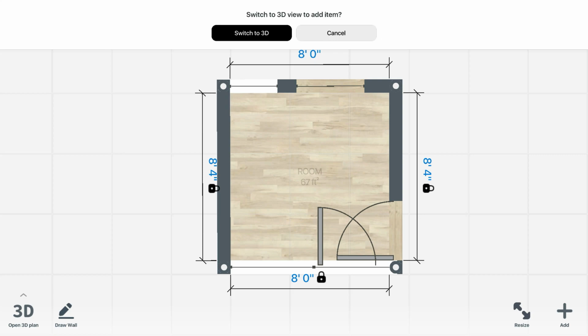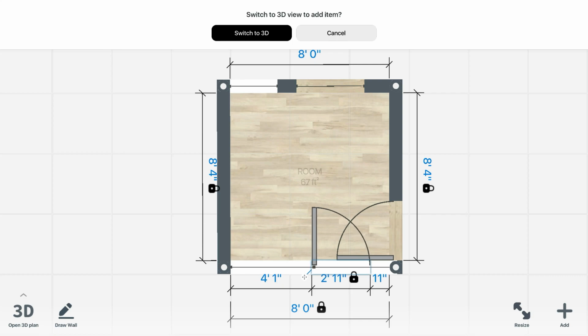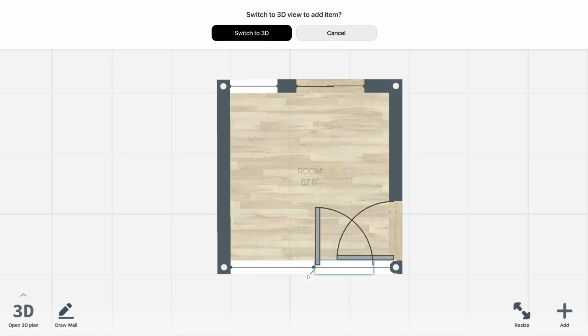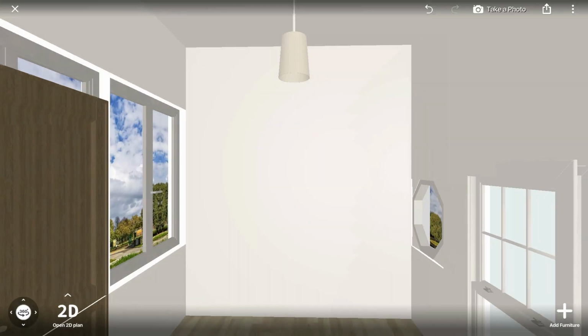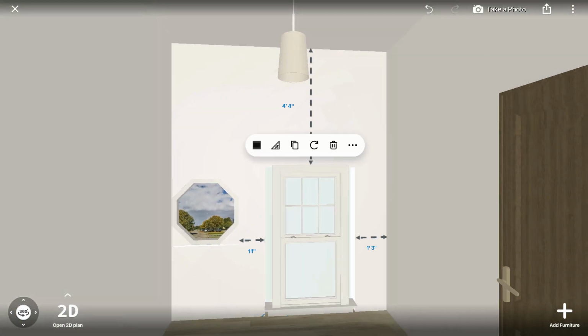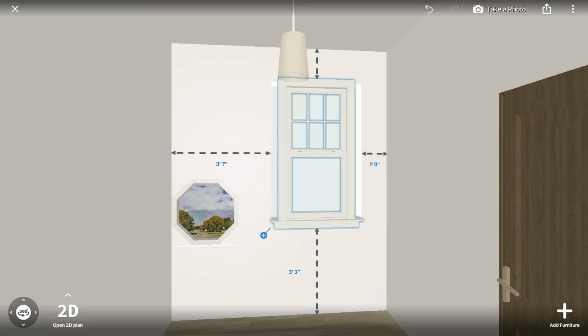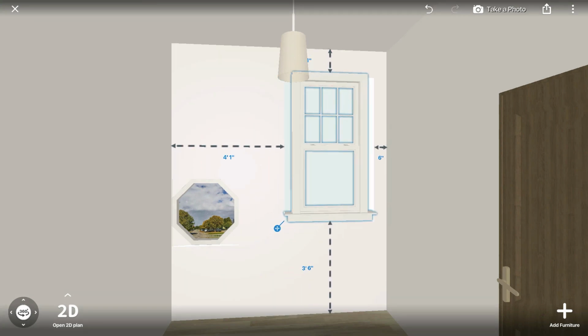And we kept the doors how they are. I am going to move this door over just a tad bit more. Okay, so the nice thing about this app is once you're done putting down your floor plan with your measurements and dimensions, you can switch to 3D and look, check this out. This is really cool. So first thing we're going to do is move the window up, move this window up,